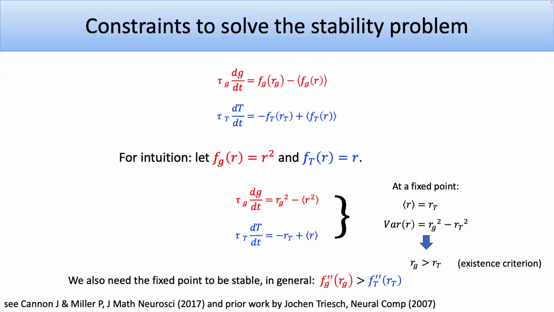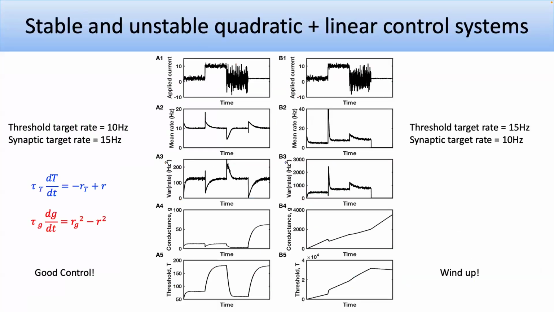In this case, the way it's been set up, if the threshold is just shifting linearly, it's really better controlling the mean. Whereas the synapses are scaling up the inputs, they're more multiplicative. So that's really controlling the variance and the range. So in this case, it only works if the second derivative of the input scaling controller is greater than the second derivative of the threshold controller at the fixed point. So then we can show that this does work, if you have those constraints.